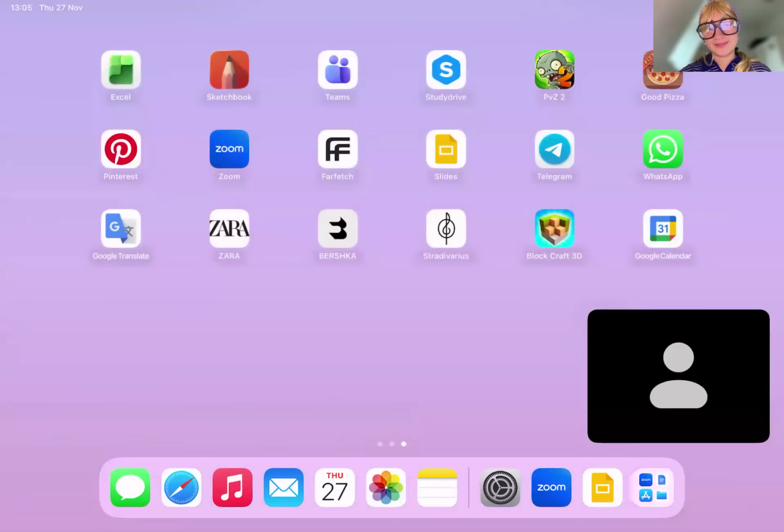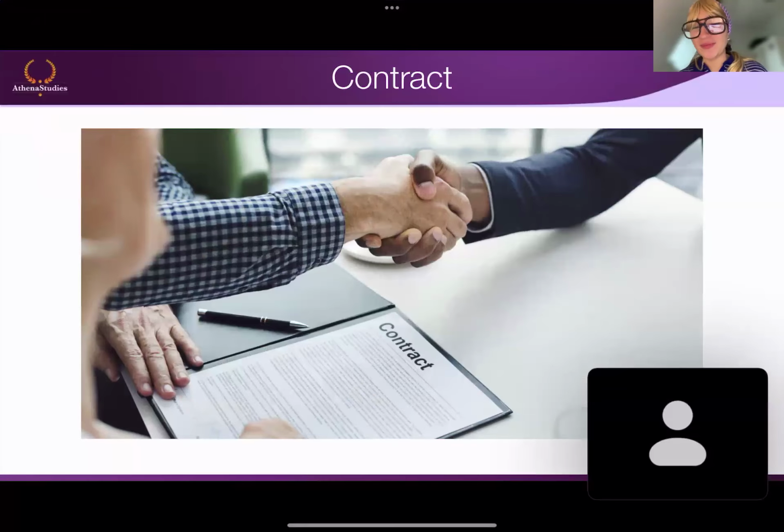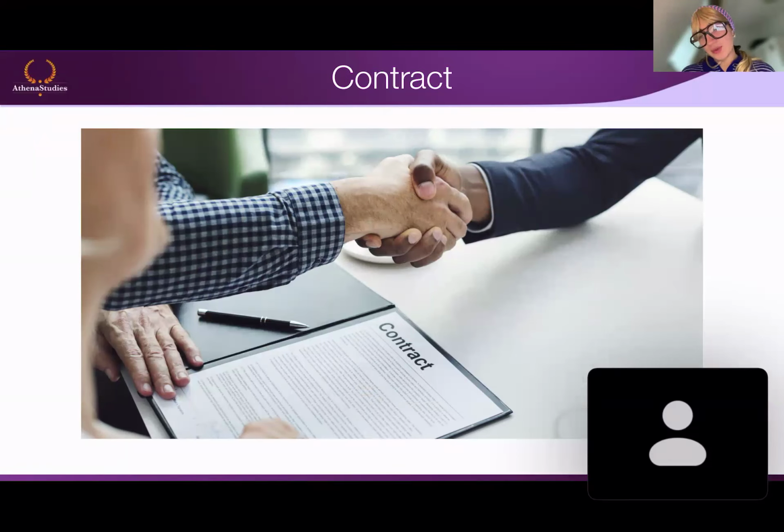Okay, so I'm going to help you. I'm sure you know, but you just don't want to speak up, so I'm going to speak up for you. A contract is a legally binding agreement between two or more parties. Yeah. Sorry, you wanted to say something? Yeah. Okay. So it's a legally binding agreement between two or more parties where there are obligations which are enforced by law. So obligations that you have to fulfill.